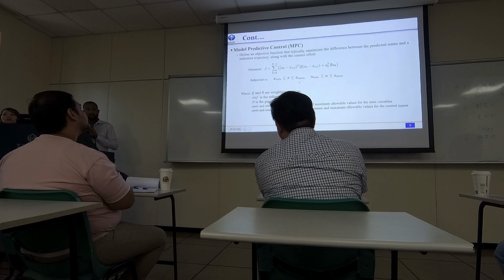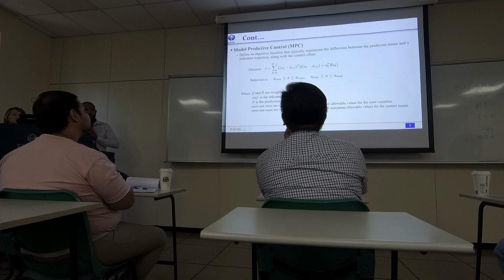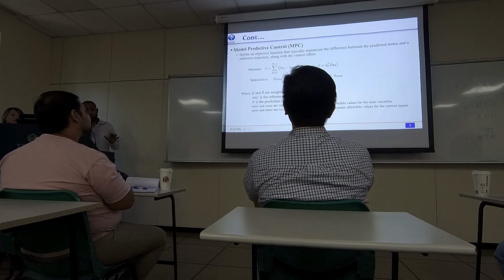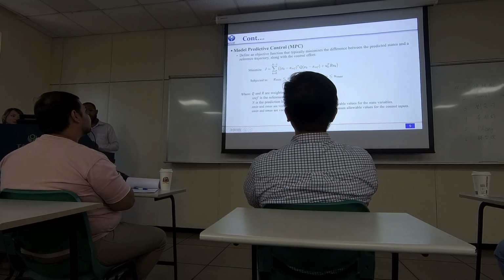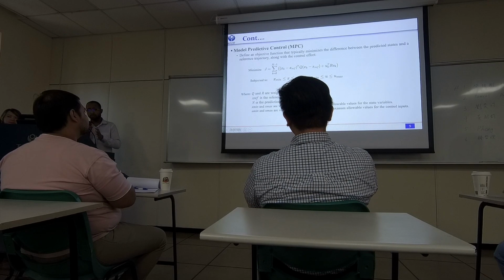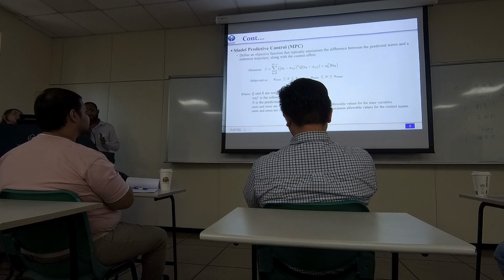After modeling the vehicle dynamics and linearizing the equation, we'll go to model predictive control. Here it defines an objective function that typically minimizes the difference between the predicted states and the reference trajectory along with the control efforts. So we'll minimize the objective function with this equation, which is subject to the